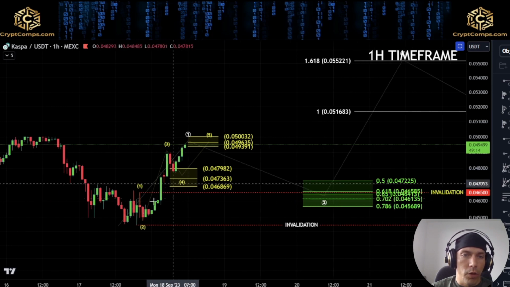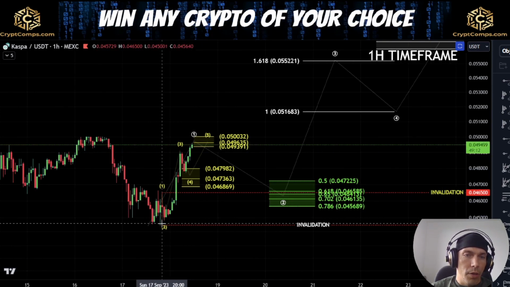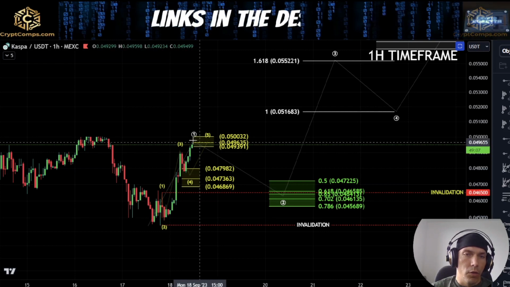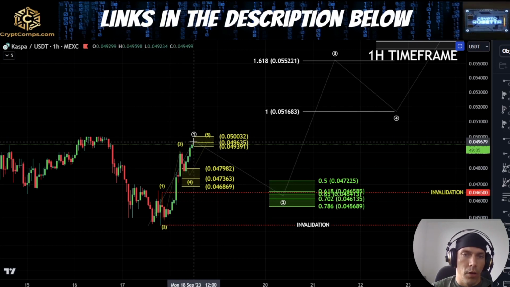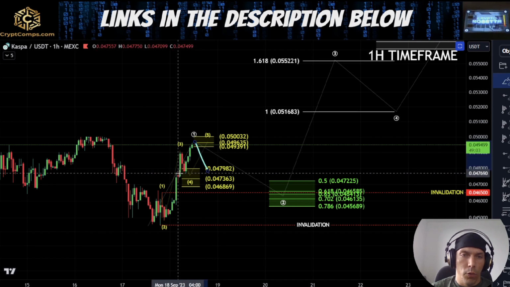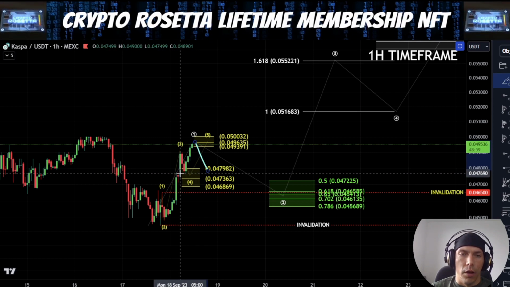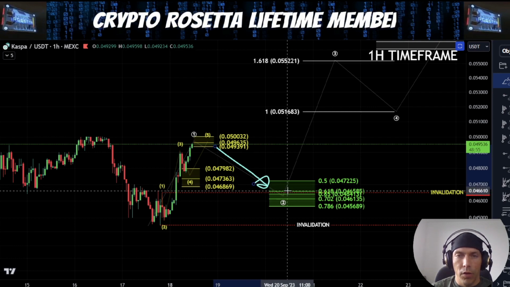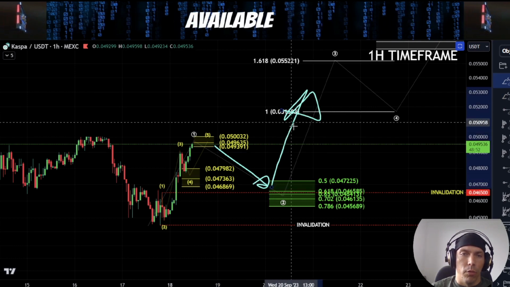Internally, this move is looking like it could potentially be done, but there is always a potential here that we can get extension within the waves. So we need to just wait for that confirmation. If we see a break of this fourth wave, which is sitting at this 47690, what I'll be looking for is the potential to move down into this target box area and then seeing that continuation from that point.